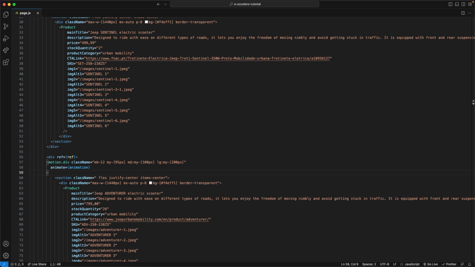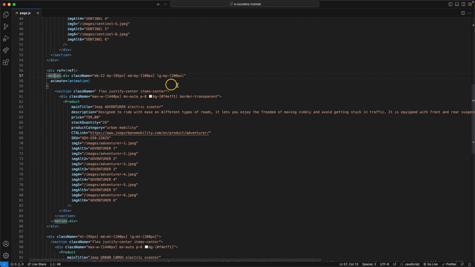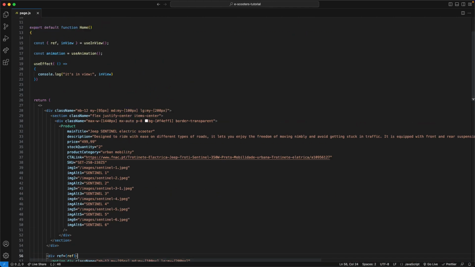What else? Now that we have the div ready to be animated, when it's in view, we want to do something with it, correct? We want to animate it somehow. So this div. So how are we going to accomplish this? So inside our use effect, okay,